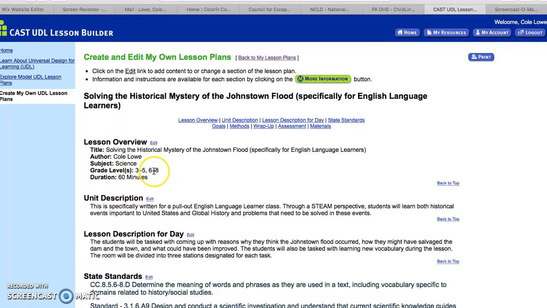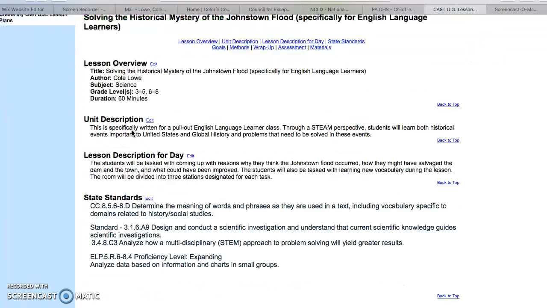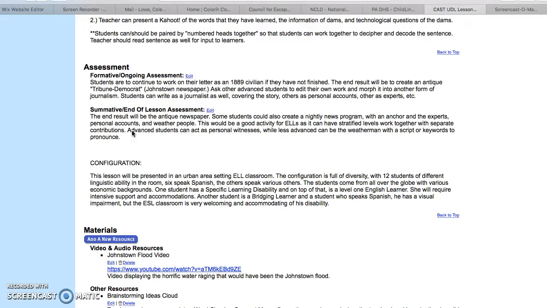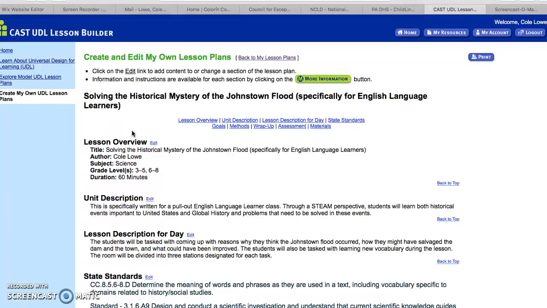For example, here I have my lesson that I had created on solving the historical mystery of the Johnstown flood, specifically for English language learners. And here are the lesson overview, unit descriptions, to make sure that the lesson has everything that is essential for a good UDL plan. And there are countless resources